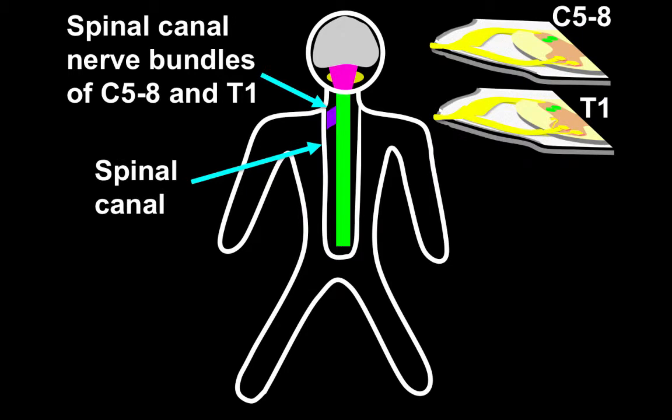The spinal canal nerve bundles arising from the 5th to the 8th cervical spinal cord segments differ from the spinal canal nerve bundle arising from the 1st thoracic spinal cord segment. The spinal canal nerve bundles from the 5th to the 8th cervical spinal cord segments arise from the anterior motor horn cells. Their axons form the ventral rootlets